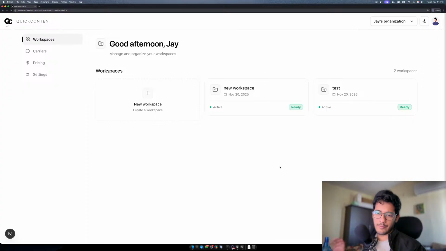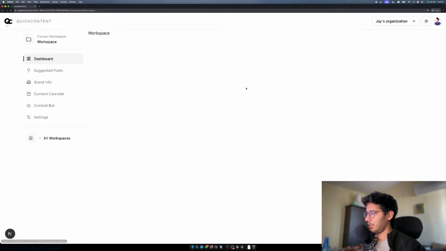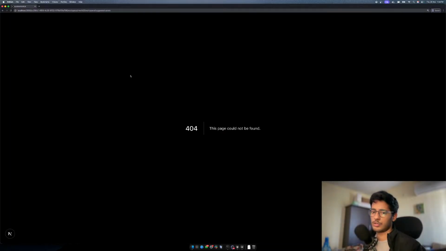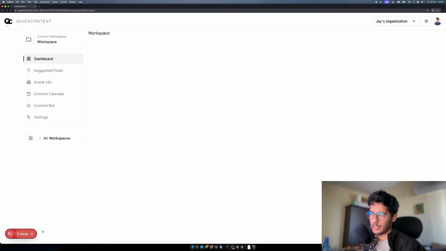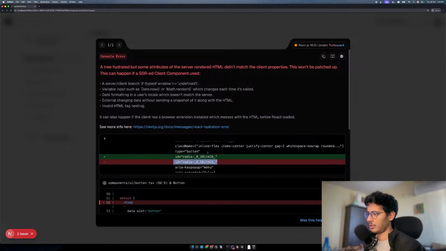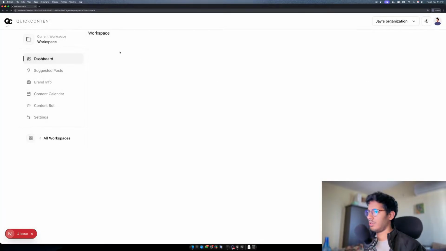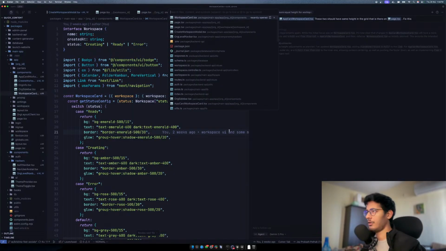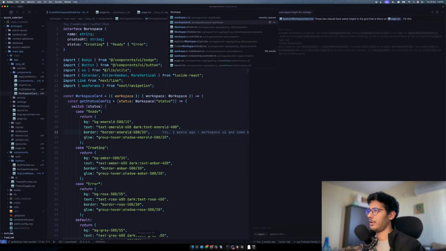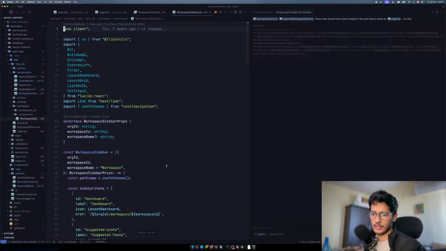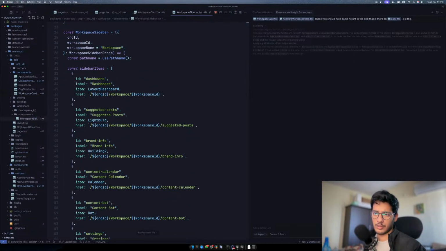Okay, so till the time these two things are happening, let's go and actually focus on the actual workspace page. The suggested post is what I need to focus on. I think suggested post is broken currently. The tree hydration broke. Okay, whatever. Let's actually fix the sidebar now. So this is the workspace level sidebar. So we'll go to workspace sidebar, and then what we can do is